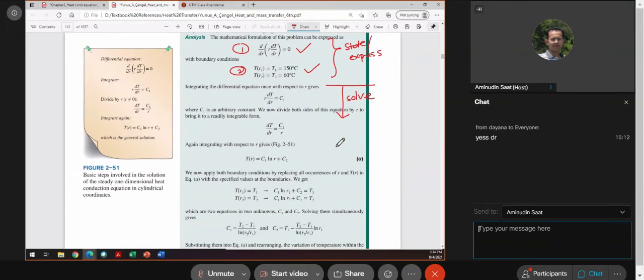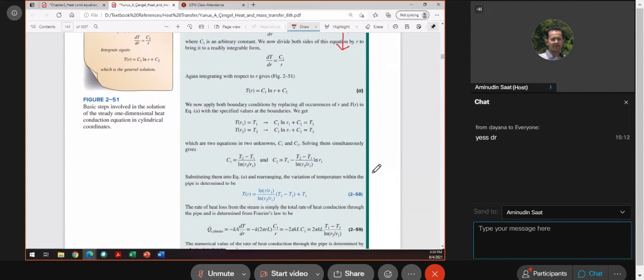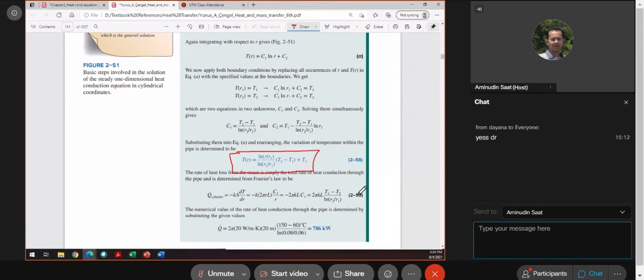By solving, you need to do some differential equation: first integration and the second integration. Then you need to find the temperature variation as a function of radius in this cylinder. Once you find the temperature variation as a function of radius, you can calculate the heat transfer by conduction,